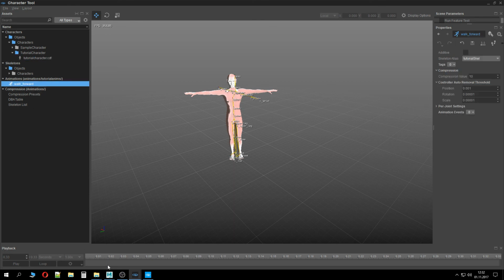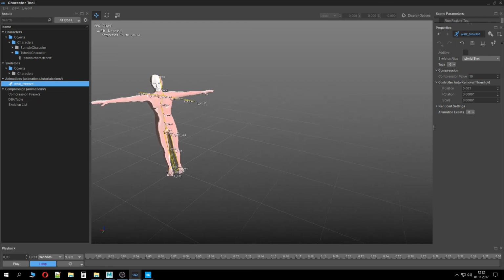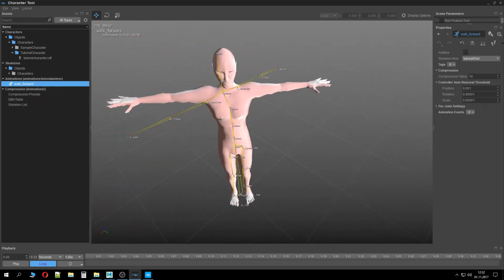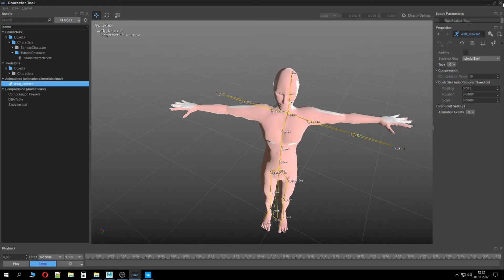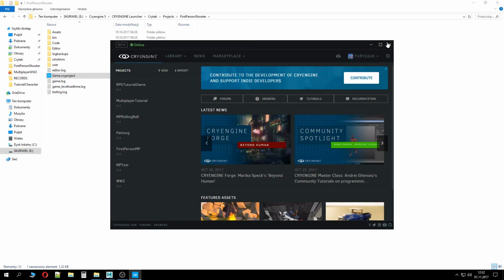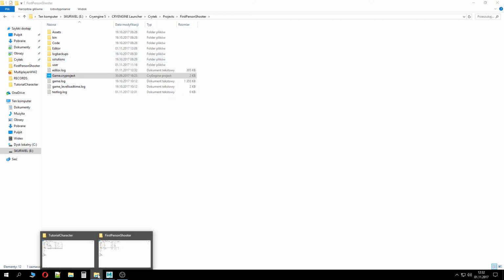The problem is that this guy is still rotating towards the camera. I did not figure this out just yet, but I will try to fix it eventually. I want to try one more thing. I want to go to Cryengine 5.4 tools and resource compiler, because it did not want to actually create CAF file out of it,